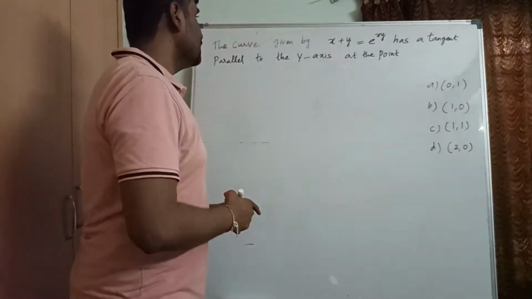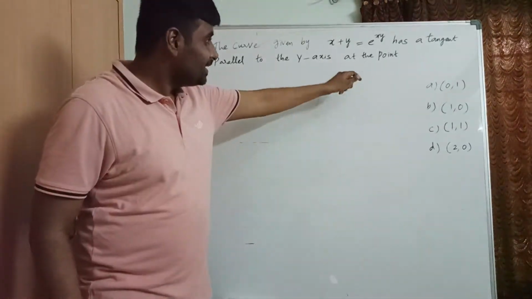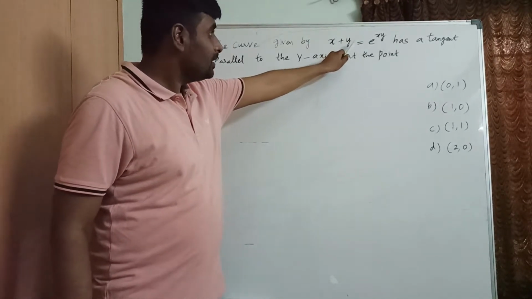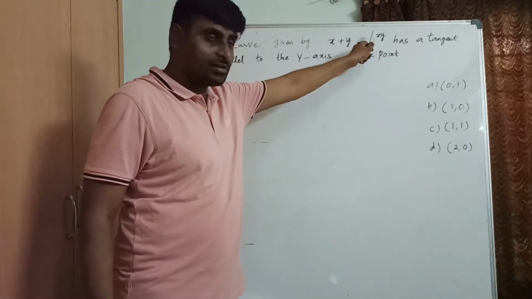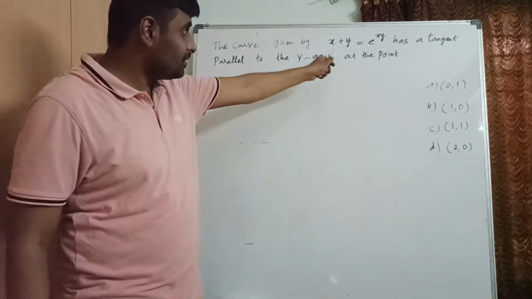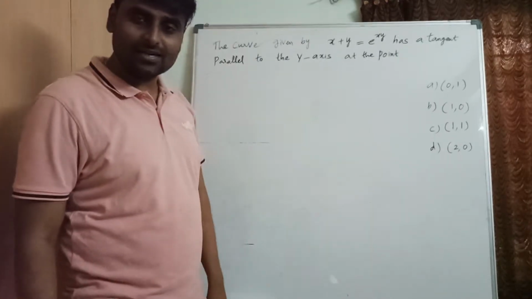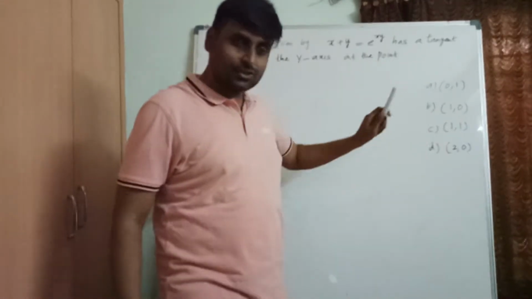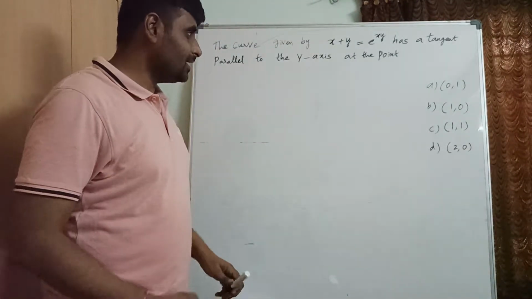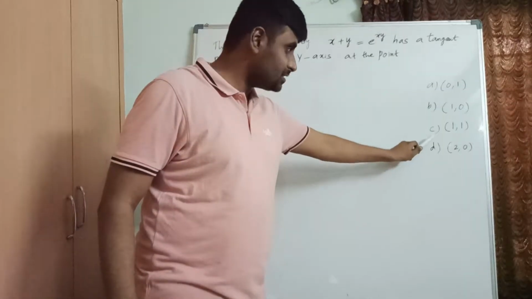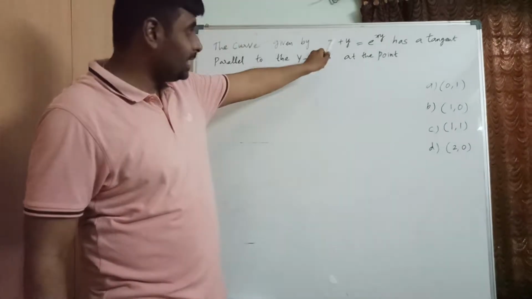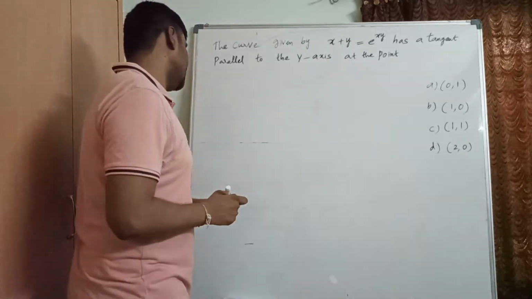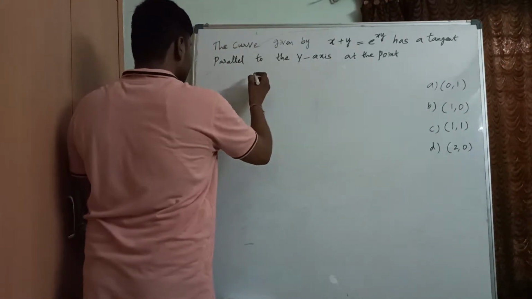Now we are going to find which of the following points the curve is passing through. If you verify the options, 0, 1 satisfies this: 0 plus 1 is 1, and here also 0 into 1 is 0, e power 0 is 1. So 0, 1 is satisfying the curve. 1, 0 is also satisfying the curve. So the option will be either of these two compulsorily. The other two will be eliminated because they do not lie on that curve. So options will be either A or B. Right? So let us go for differentiating this curve first.